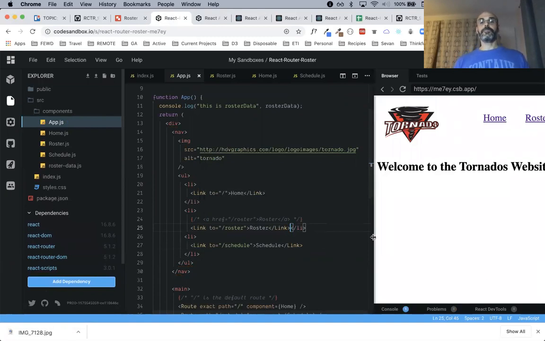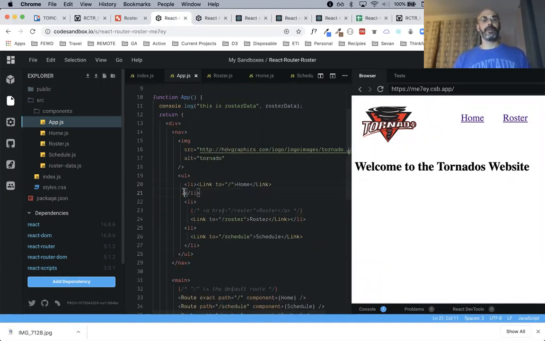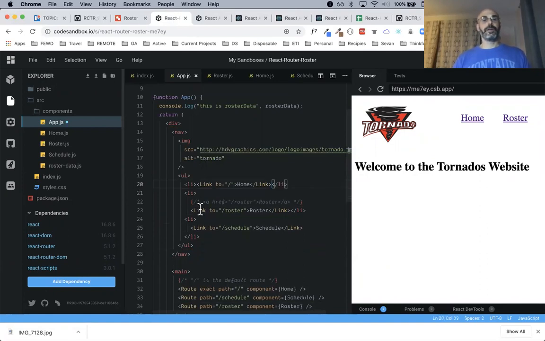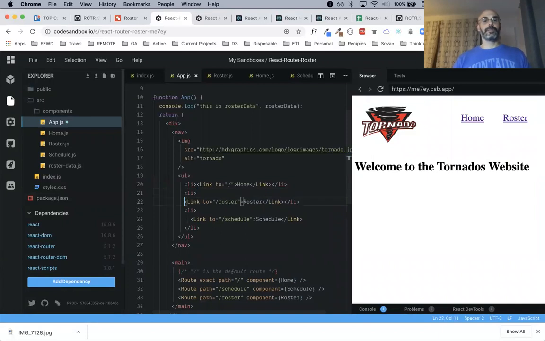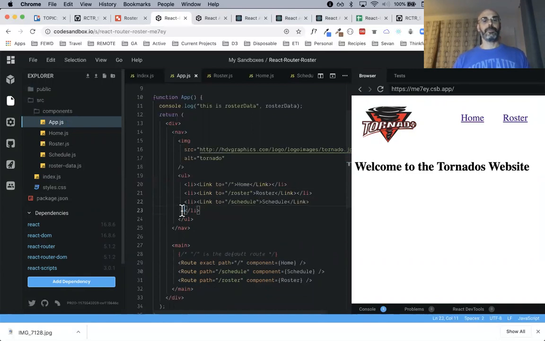Okay. I made those subtle little changes. And now, you know what I'm going to do too? I almost feel like they don't need to be on separate lines. I feel like I'm wasting a lot of space here by putting these all on separate lines. I feel like that just looks more concise. So that is what I'm going to do. Okay.